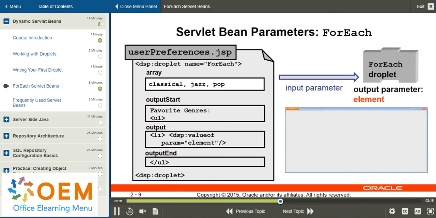Next, we have the output parameters. Count. This parameter is set to the one-based index of the current element of the array each time that the output parameter is rendered. The value of count for the first iteration is 1. Key. If the array parameter is a map or a dictionary, this parameter is set to the value of the key in the map or the dictionary. And size. This parameter is set to the size of the array, if applicable. If the array is an enumeration or an iterator, size is set to -1. And for open